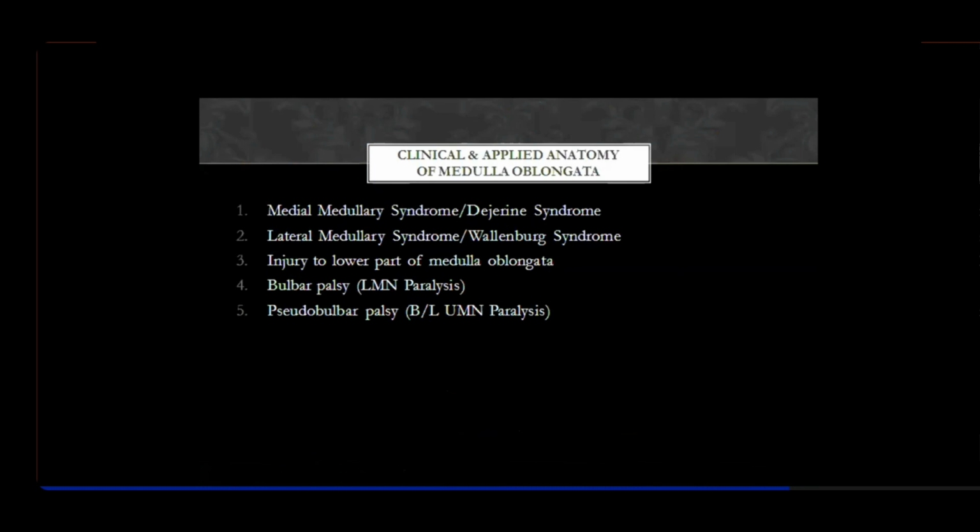Now, in cases of supranuclear lesion of the facial nerve, what was happening? Contralateral paralysis, first of all, only in the lower quadrant of the opposite half of the face. The upper half of the face was spared, remember, because of the bilateral innervation. That's how you could differentiate between upper and lower motor neuron paralysis of the facial nerve.